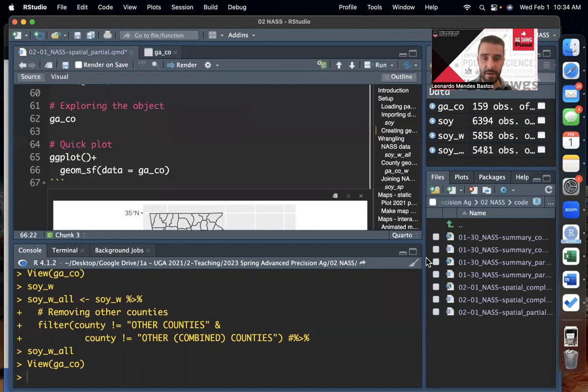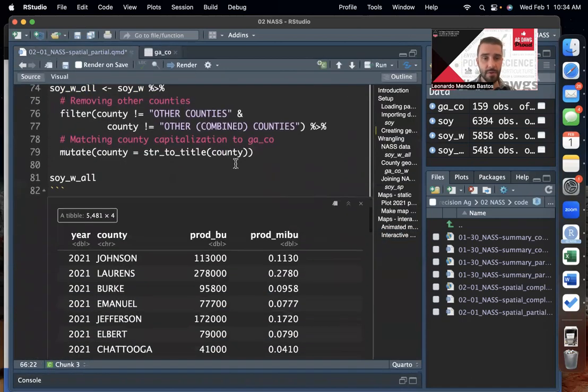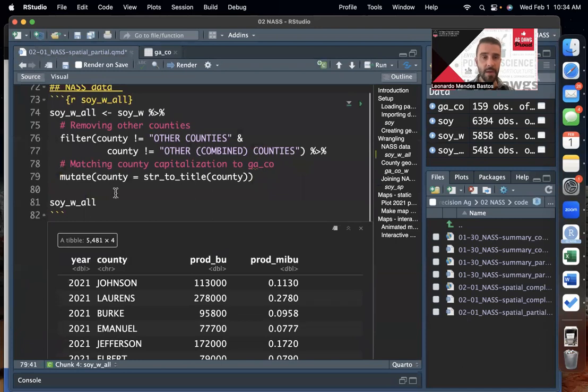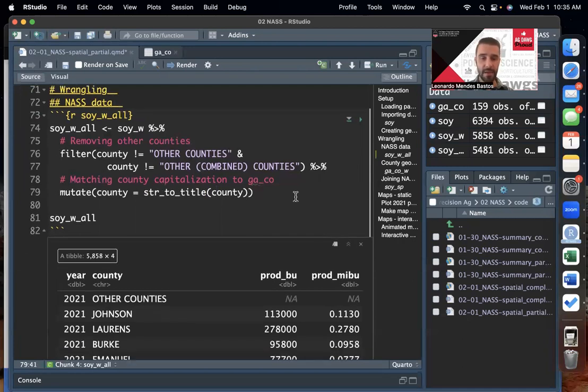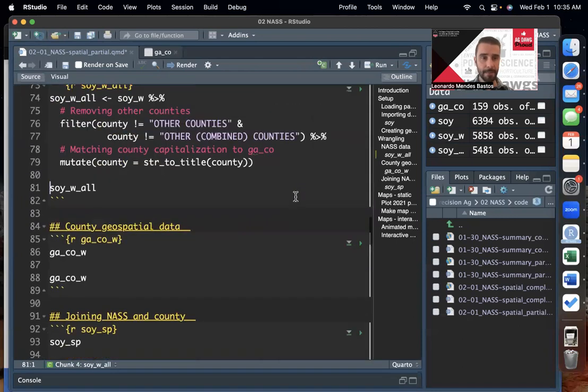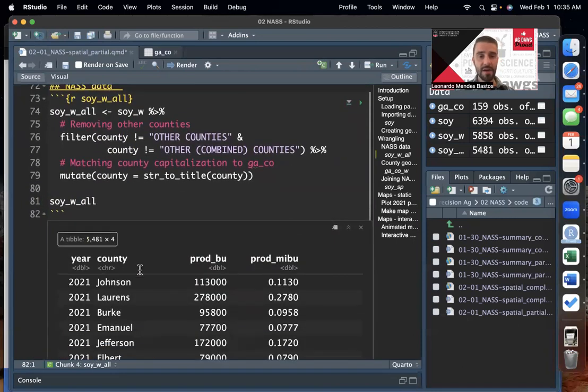So to do that, in the code I left you here, that's what we're doing with this next piece of code, where I'm basically overriding the county column on the soybean data set using this function, string to title. So it's using title case, which is basically just the first letter of the word capitalized and everything else lowercase. This is a very useful function if you need to change the case of a lot of values in a column. So if you just go ahead and run it and print it,